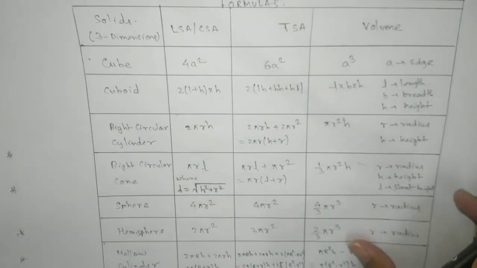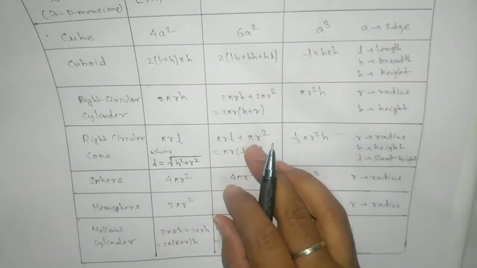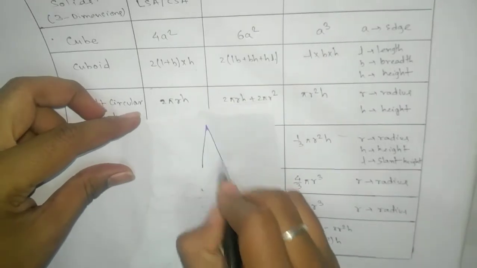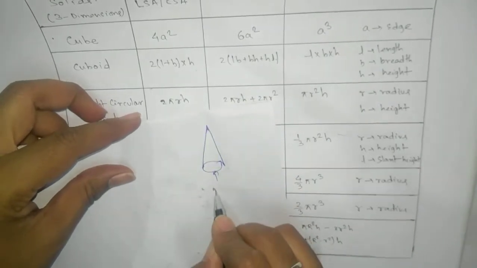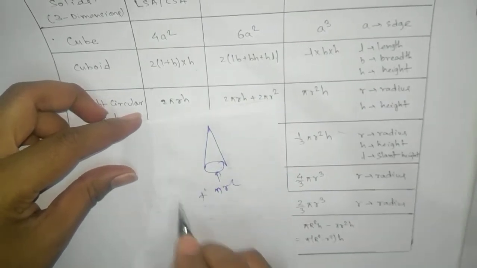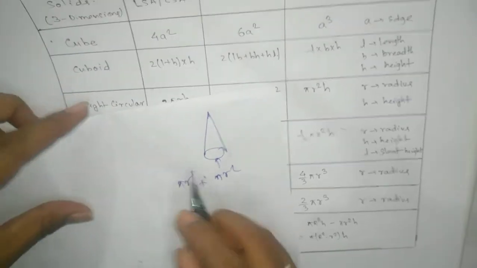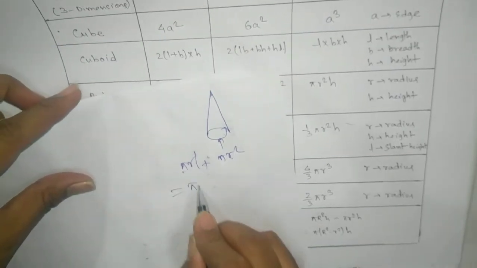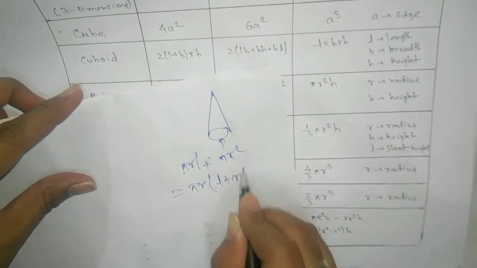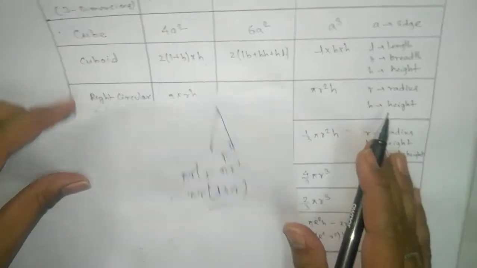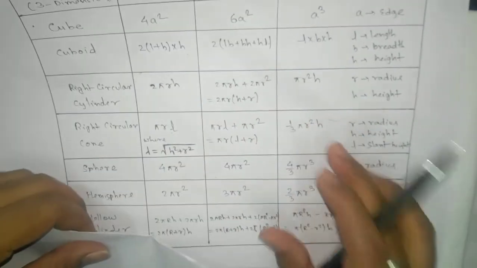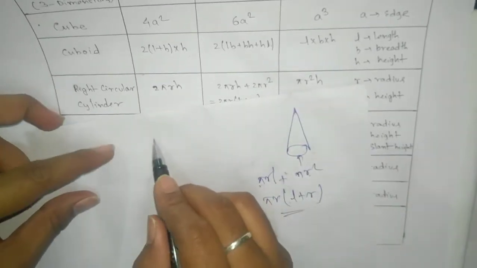Now if you look here, we have extra. The base is a circle, so pi r square, and we have curved surface area. If you see here, you can see common pi r, l plus r. This is your total surface area of cone. And if we take one cylinder, and from this cylinder take out one cone of same height, same radius,